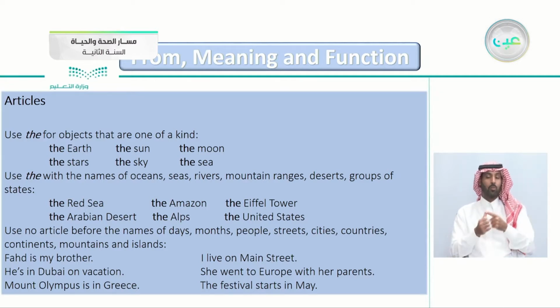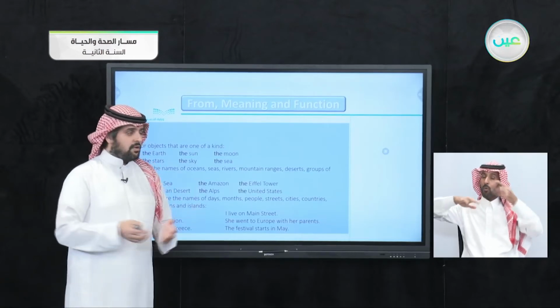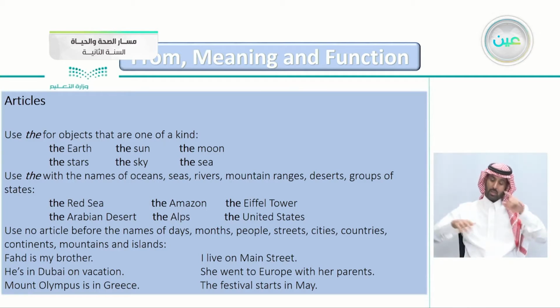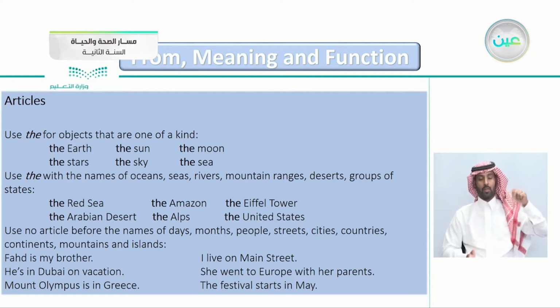The sky, is there another sky for us? Of course, we know there's not. We use the with names of oceans, seas, rivers, mountain ranges, deserts, groups of states. For example, you say the Red Sea, the Amazon, the Eiffel Tower. This is one of a kind. The Arabian Desert, the Alps, the United States. So again, we use the with oceans, seas, rivers, mountain ranges, deserts, groups of states,